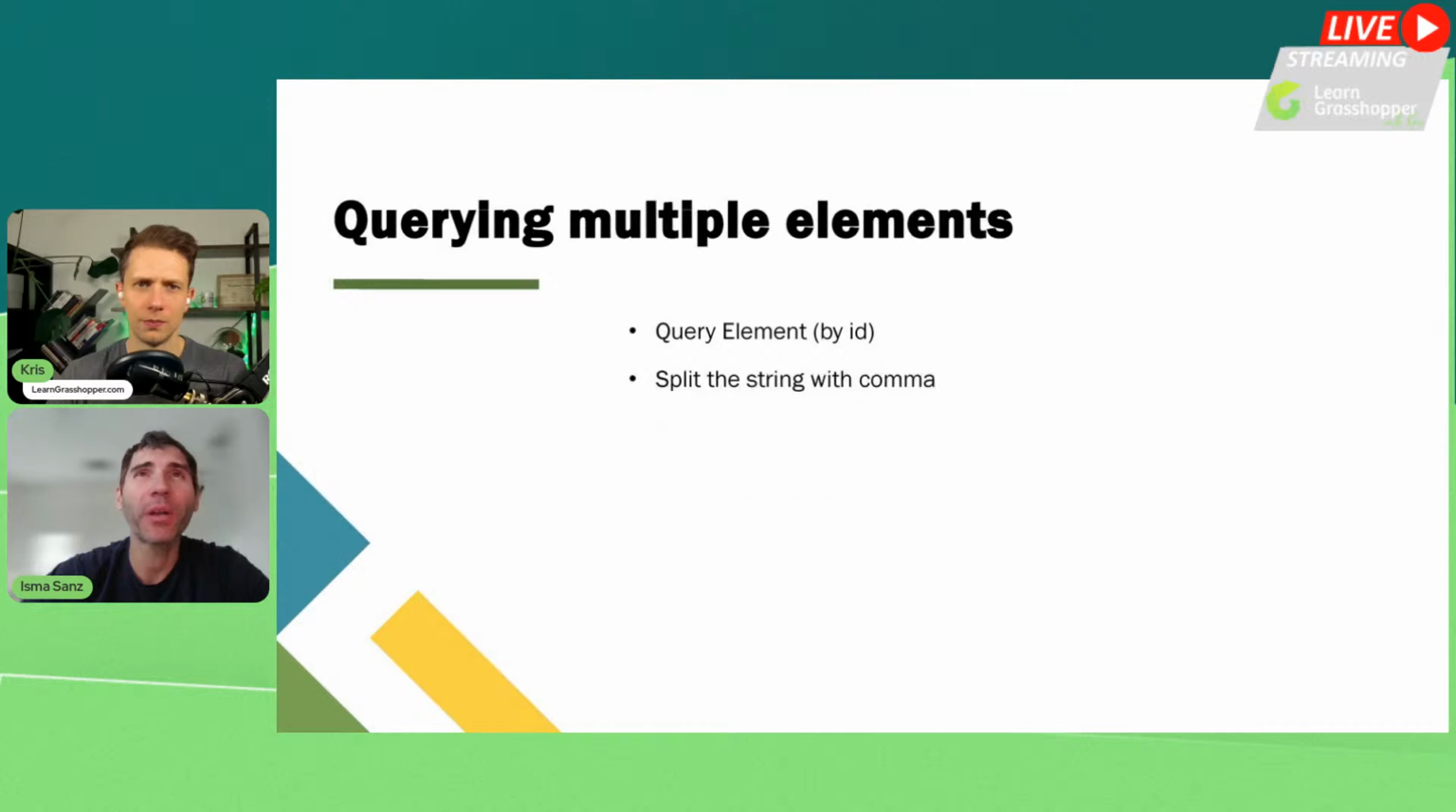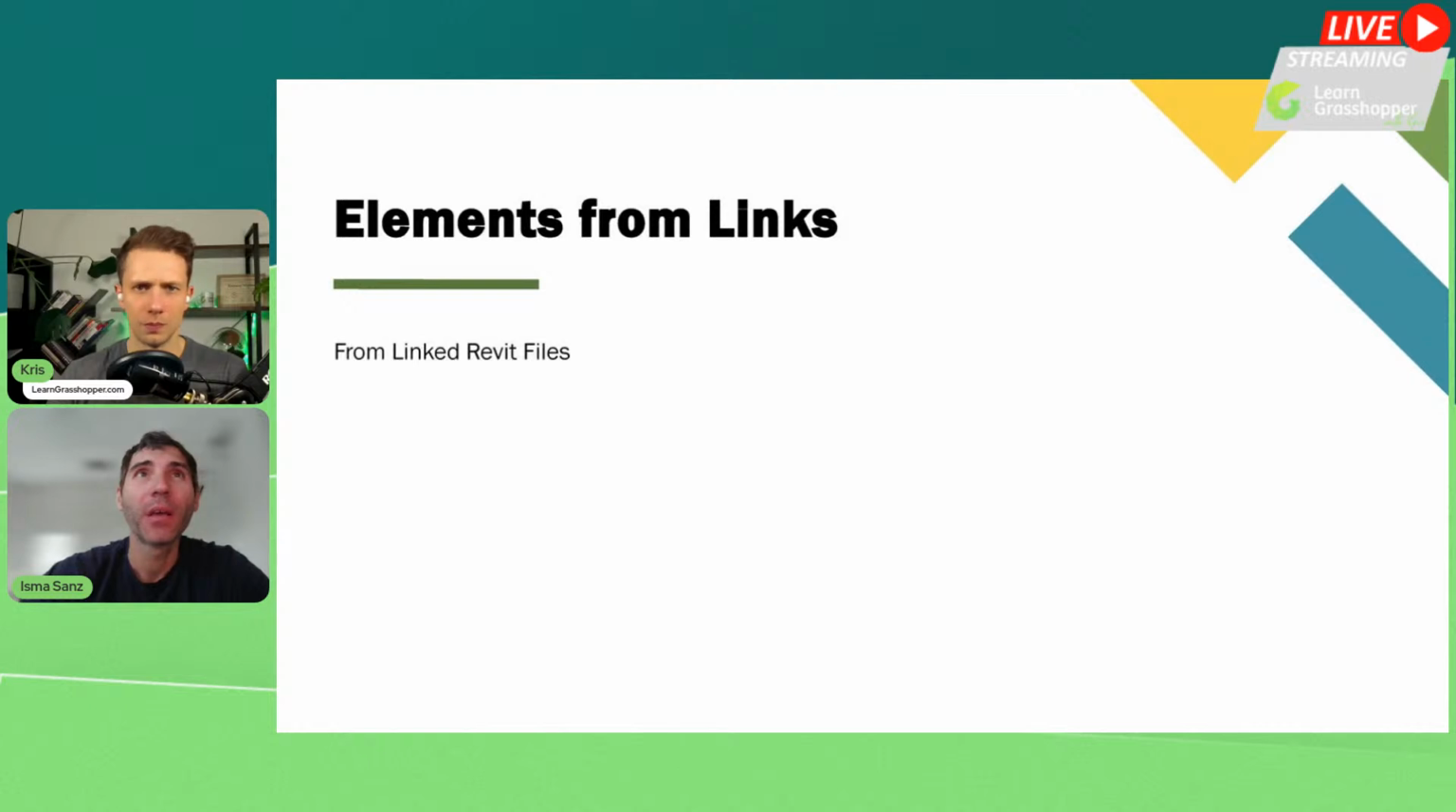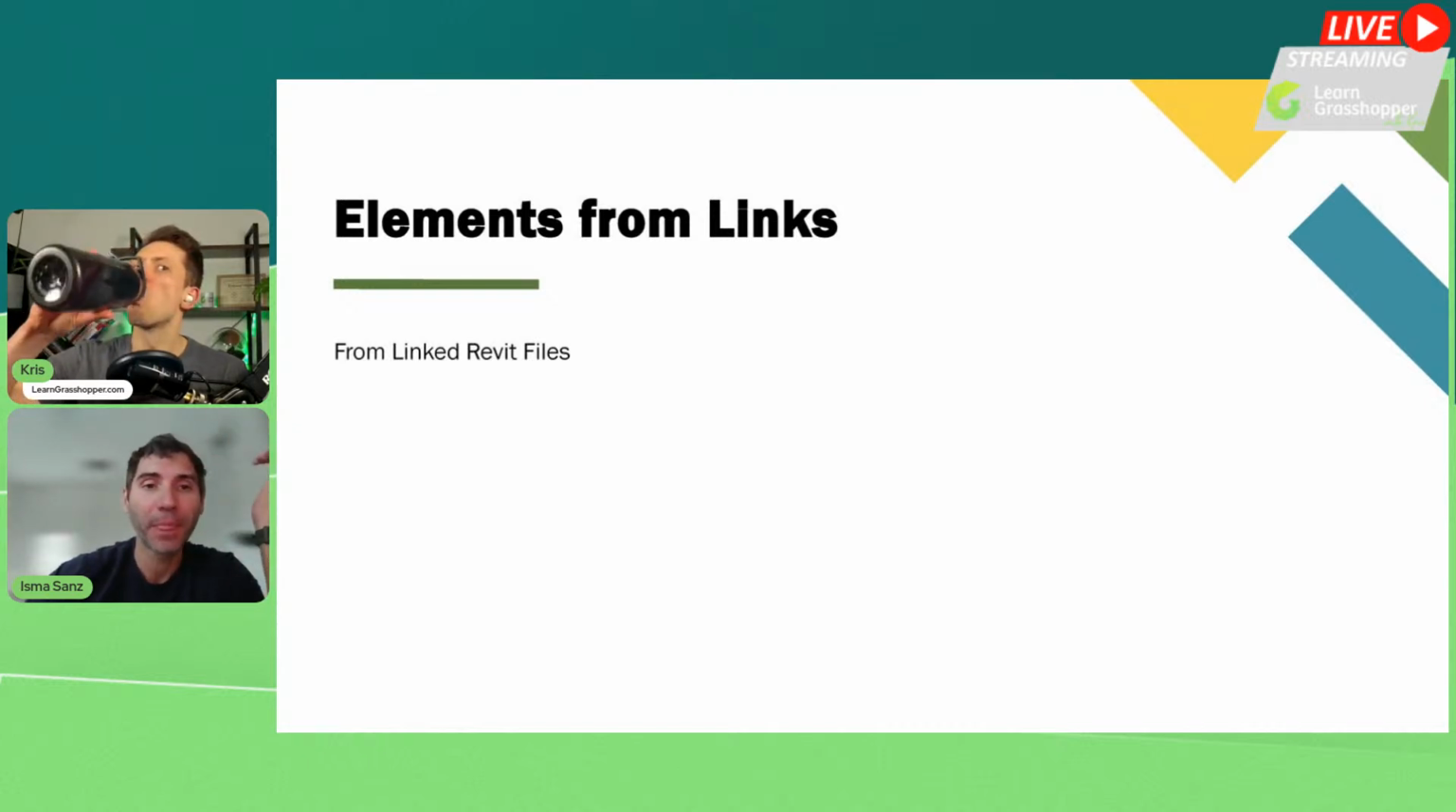Yeah, so we've seen querying one element, querying multiple elements, splitting by ID. Then elements from links. Okay, so now if you want to get a specific element from something like a linked file, how do you do that? Let's go back to the Rhino file